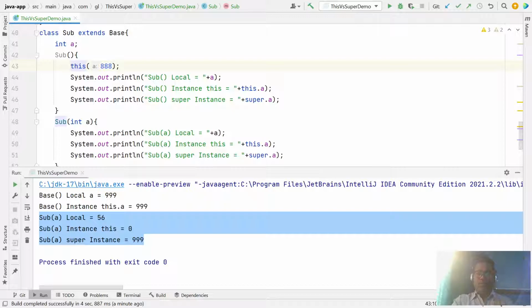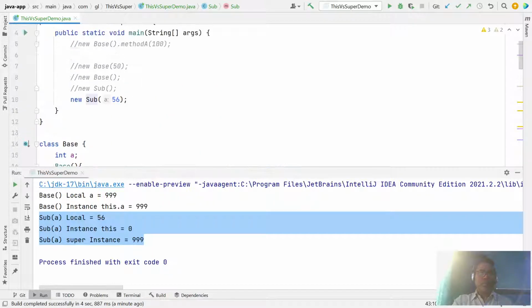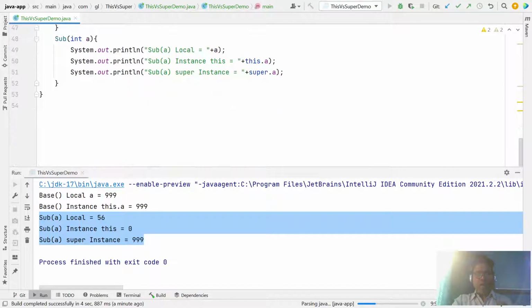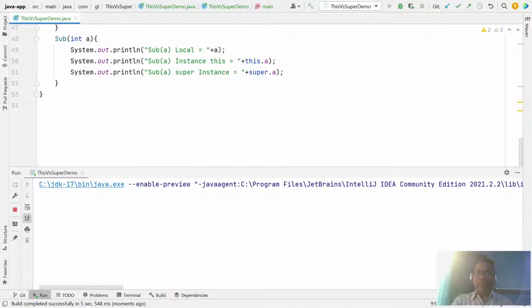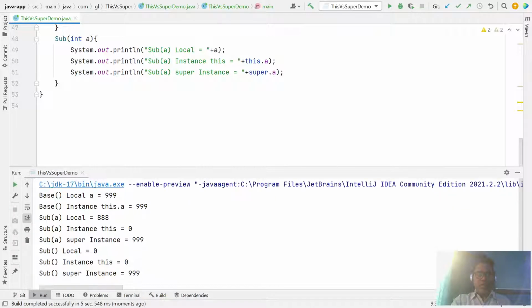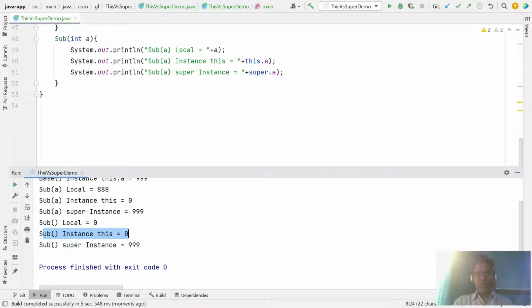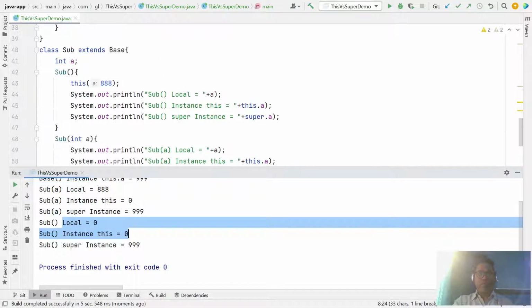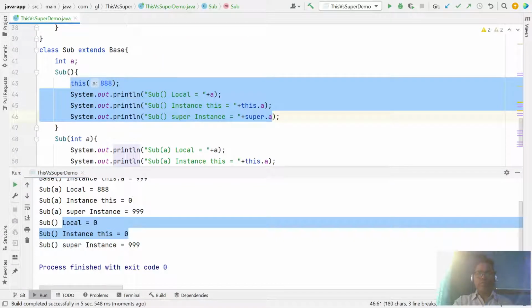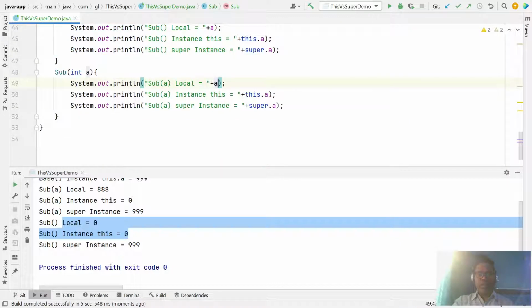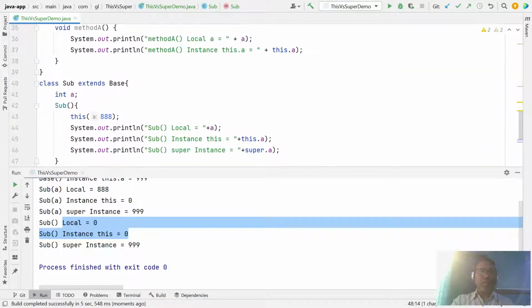But what happened? Let's run it. It just invokes the default constructor. So the default constructor says I can invoke an argumented constructor, and an argumented constructor can assign the value. The argumented constructor is invoked first, assigns, but here you notice again the instance variable is 0, the local variable is 0 in the case of default. But in the case of instance, this is initialized, but the instance dot is not initialized because this local value is not assigned to this class.